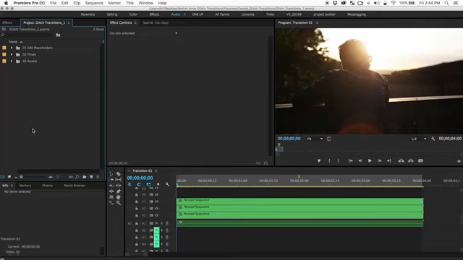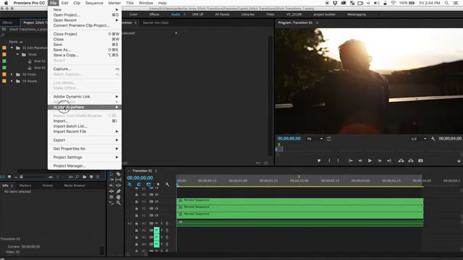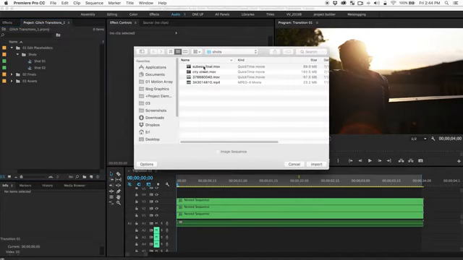Let's dive in. Once the project is open, you're going to see that there's an edit placeholders folder over here, and there's a timeline for shot 1 and shot 2. Let's import our shots. We're going to go to File, Import, and I'm going to pick 2 shots over here. I'm going to go Import,